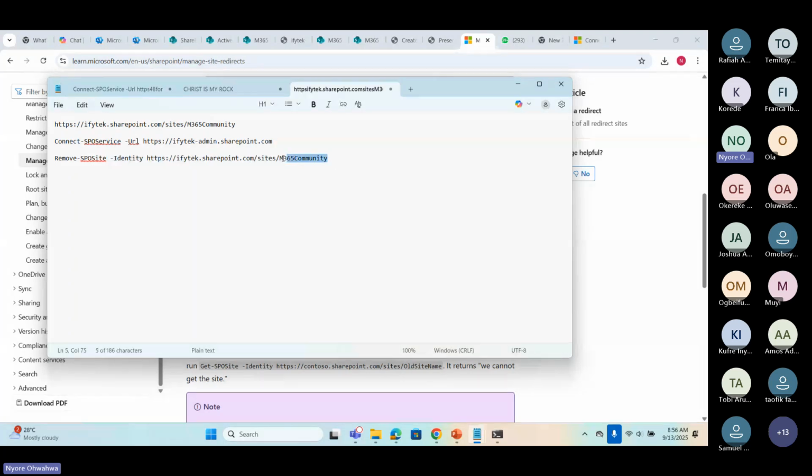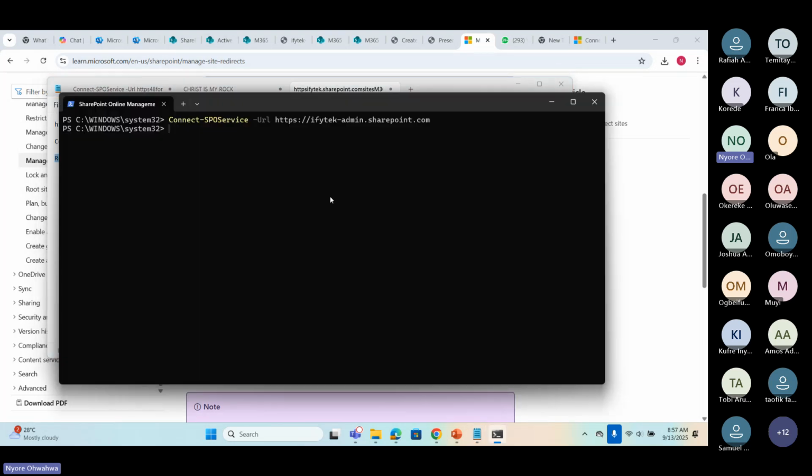Don't confuse this with site deletion, because this command is not to delete a site. To delete a site, you have to use Remove-SPOSite. Sometimes people get confused with that as well.